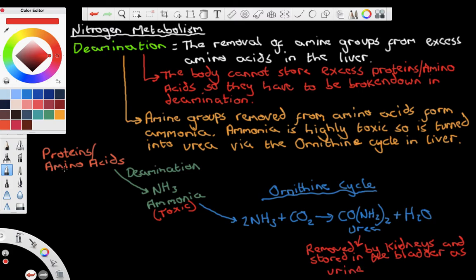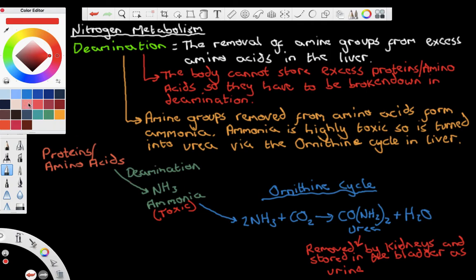So proteins can't be stored. They can go through deamination, where they have an amine group removed from them. This forms ammonia, which is highly toxic. The ammonia can be added to carbon dioxide to form urea and water. Water is fine, we keep that in the blood, but the urea is filtered out of the blood by the kidneys and stored in the bladder as urine. However,